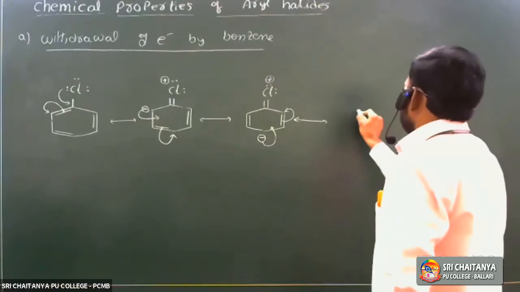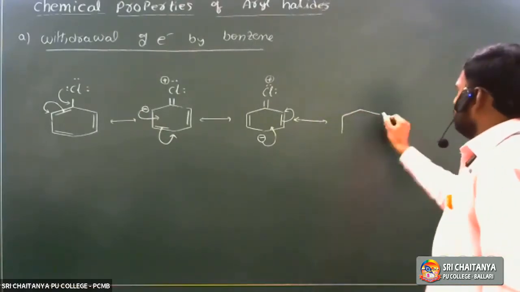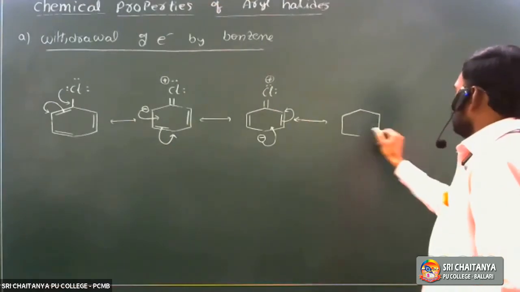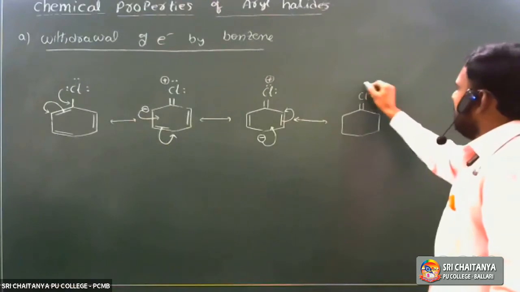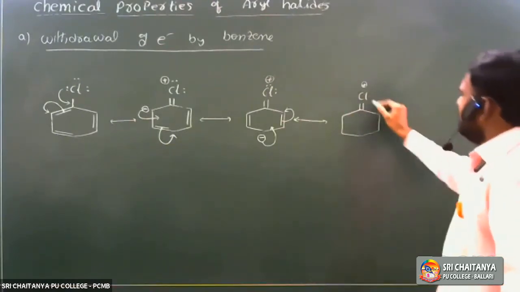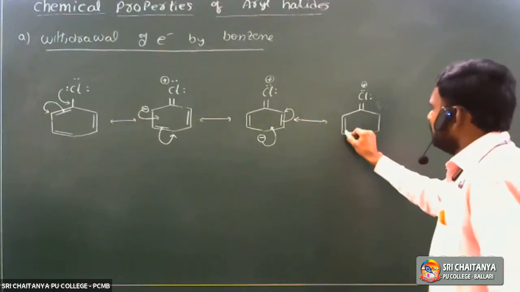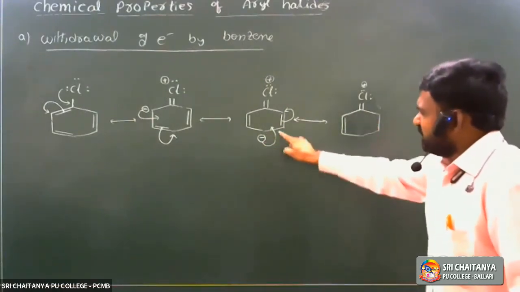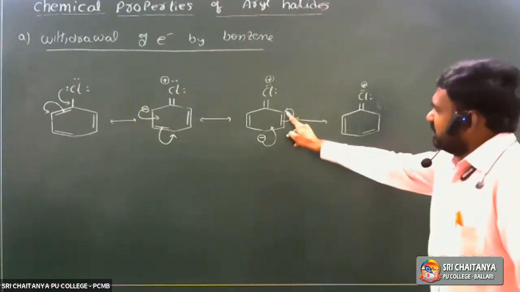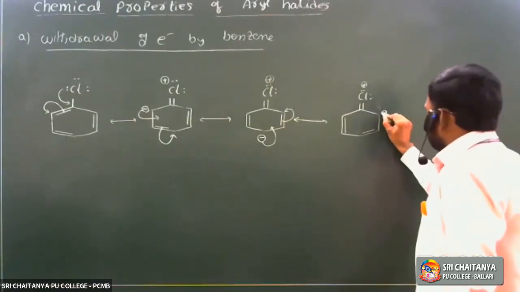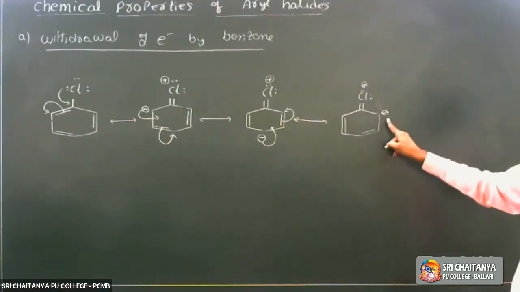So next form, it is a benzene ring. Okay. Next, it is a double bond C, Cl. It gets a positive charge. It contains 2 lone pairs. Next, it is a pi bond. Next, this electron density is shifted to this position. So it is a pi bond. These pi electrons are shifted to this carbon. So this carbon gets a negative charge. Again, it is the ortho position.